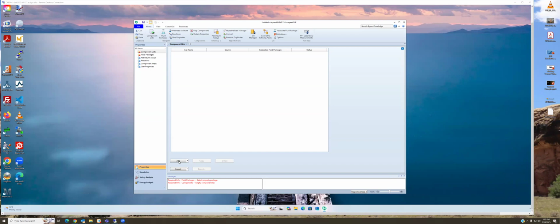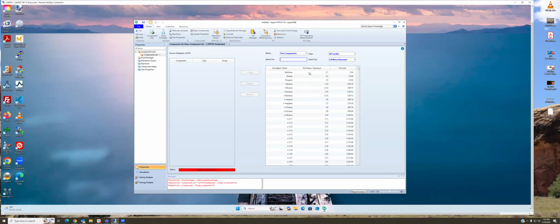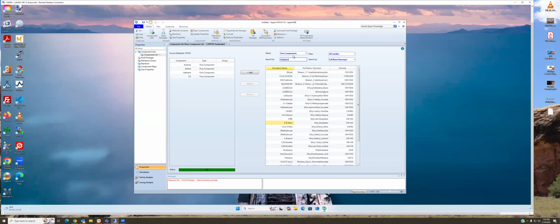First thing to do when we start a simulation, of course, is to add the components. So let's add all of the components that will be involved in this process. Acetone, ketene, methane, carbon monoxide, ethylene,